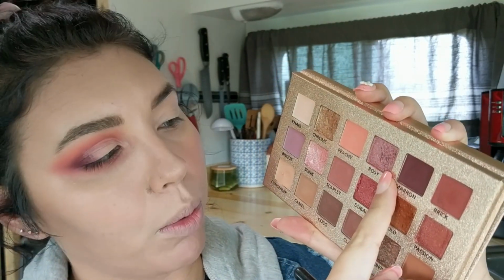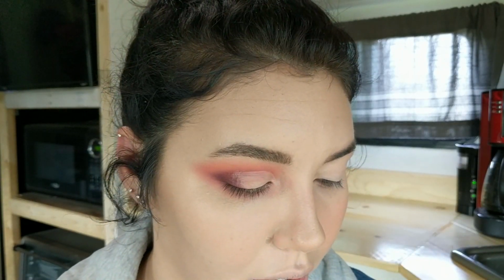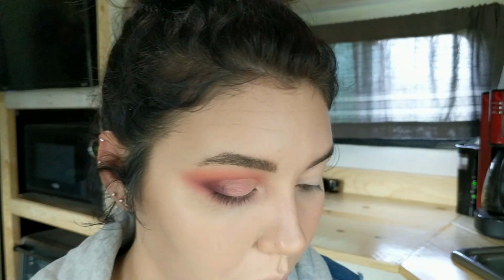Alright, there she is. She ain't that cute, but she's there. We'll do the shade Rosy, which is that purple, and then the shade Blink, which is that pink, and we'll do the purple to pink, a little bit of a gradient thing. Now the thing about these that I've noticed that is definitely super different from the Huda ones, I'm going with that pink now, is that these are nowhere near as